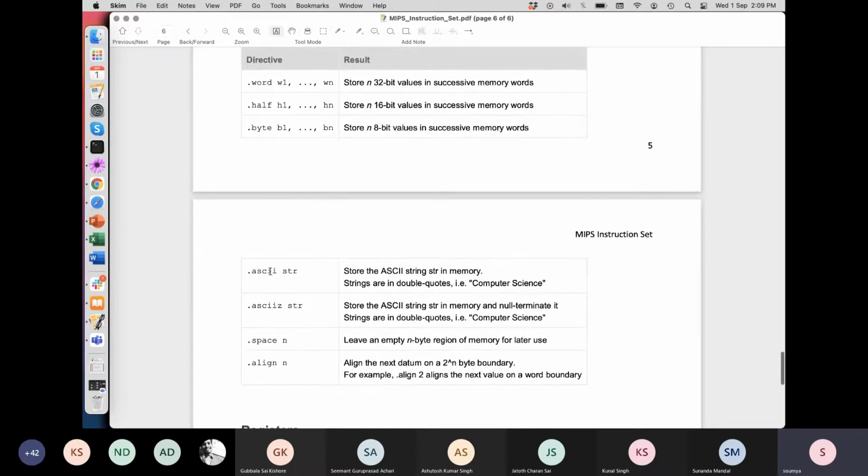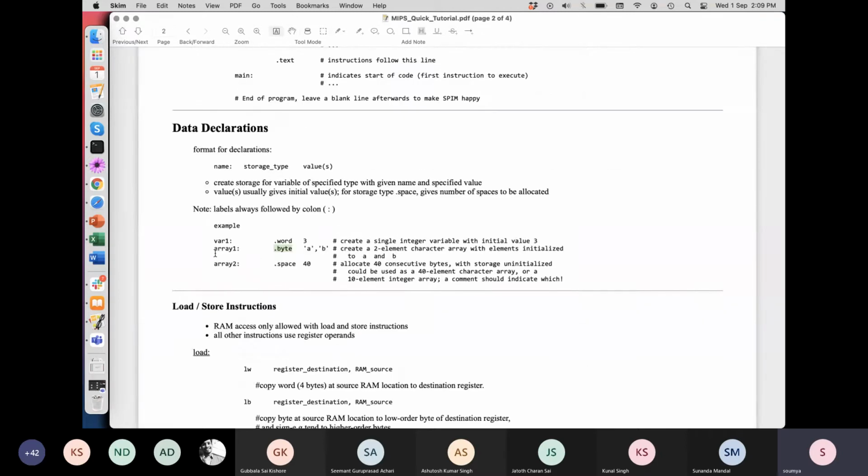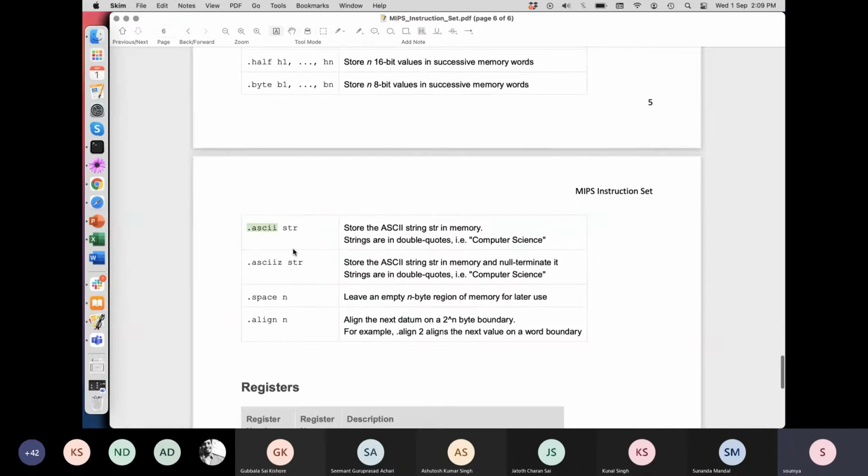Something interesting. Suppose you want to store a string, right? If you write .ascii as your storage directive, I hope I am making it quite clear to you. This is the variable name, then you are giving the storage type, and in the other listing, I have all the other possibilities. So if you write .ascii, after that you can put a string here.